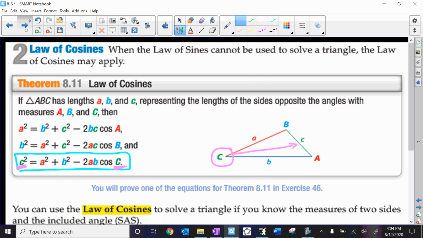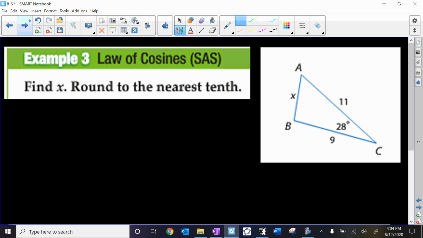Okay? So let's look at an example. I want to find x, round to the nearest tenth. It says to use the law of cosines, but I'm going to show you how do I know when to use the law of cosines instead of the law of sines. Well, let's say that I try and use the law of sines. I would first look for my angle side relationship. So I see the 28 and x. So I would go sine of 28